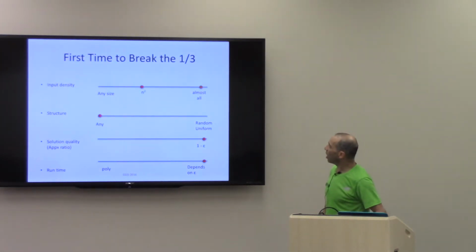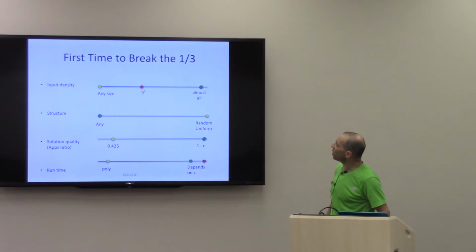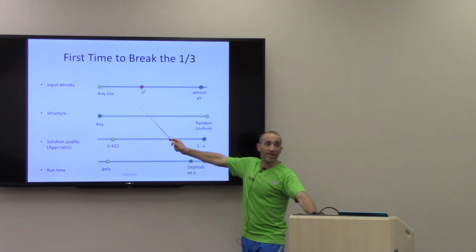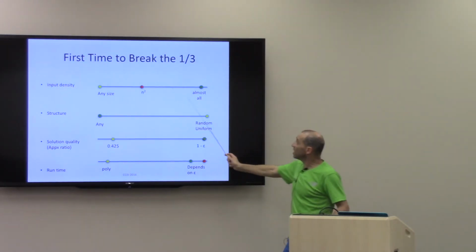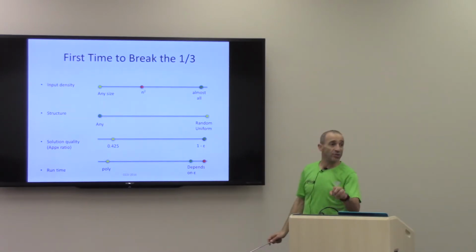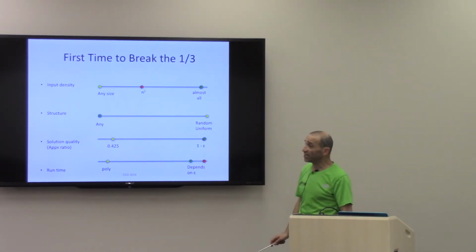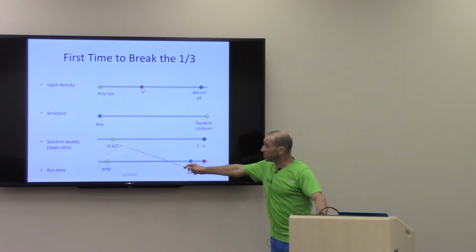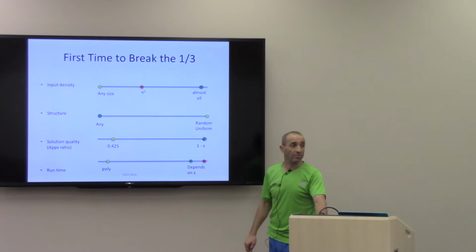Okay, so we were here. So what is the contribution here? Just any size. You did not see any constraint on the size. Very, very structured input. We need to have every quartet with equal probability appearing. Okay, with equal probability. It is very structured input. This is the quality and polynomial time. Okay?